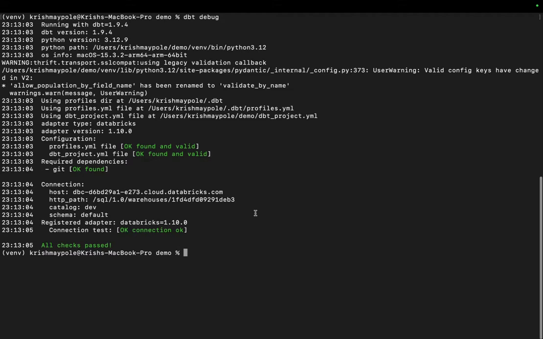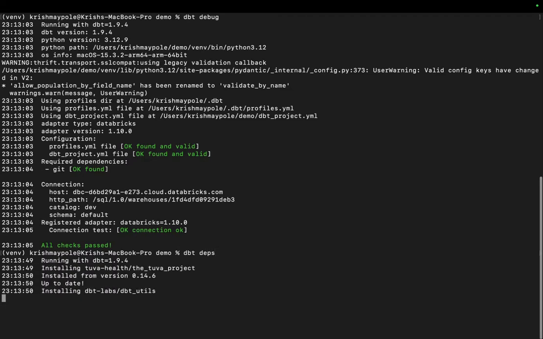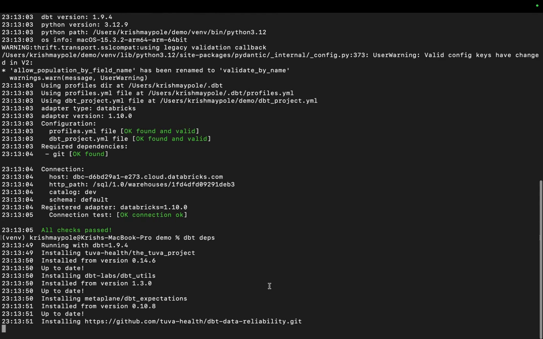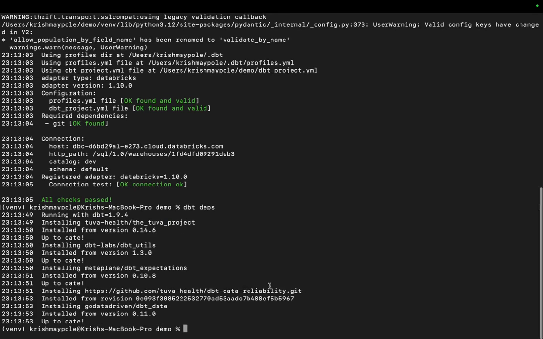Once you know your DBT connection is good, you'll want to make sure to install any required DBT packages before you run any DBT commands. Otherwise, we'll get an error. So now that that's done, we can move on to running the Tuva project. Then finally, to run the Tuva project, you would just run dbt build select